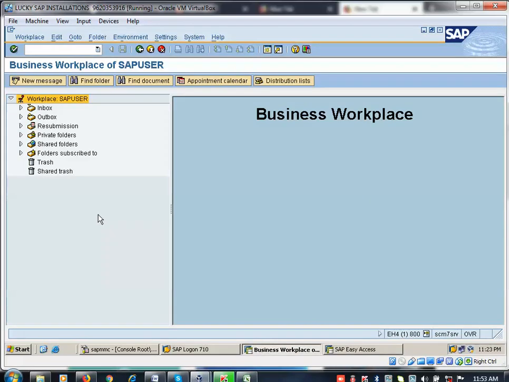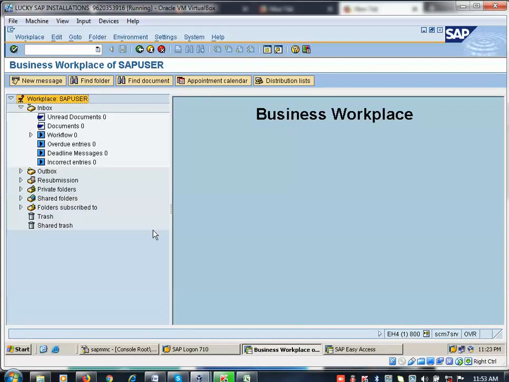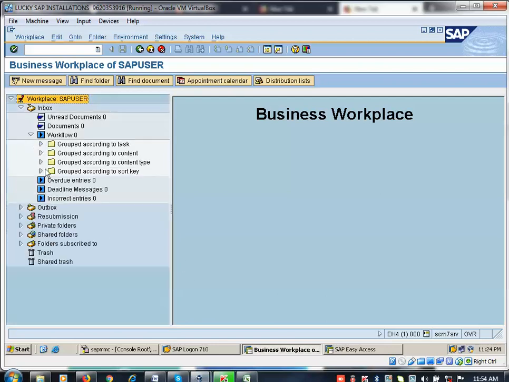So this is the business workplace. What does that mean? Like your Gmail inbox. Here you can receive all your POs into your inbox for approval. Only approval details will come to your inbox. Business workplace means only approval. For example, you have approval for a purchase requisition or PO or invoice. All 3 will come and sit here, but I cannot show it here because it is not configured